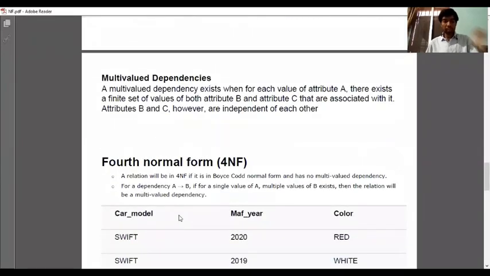One more example we see for multi-value dependency. Suppose the three columns are A, B and C, and in the first column A we take a single record, 1, and for B we take mobile number, and for C we take hobbies. So for only one person in attribute A, B may have 2 or 3 mobile numbers, and column C may have 2 or 3 hobbies. So here the multi-value dependency is preserved.